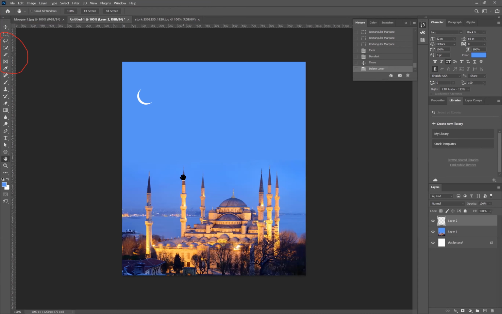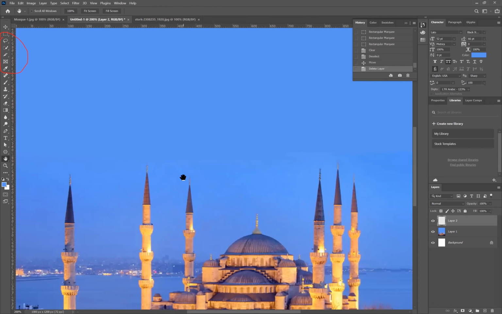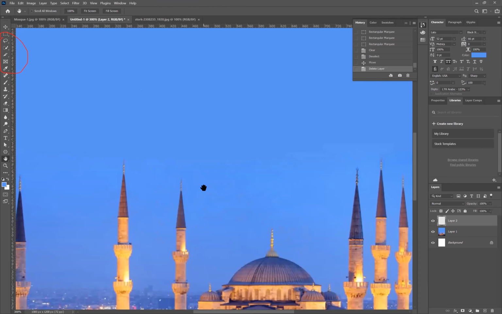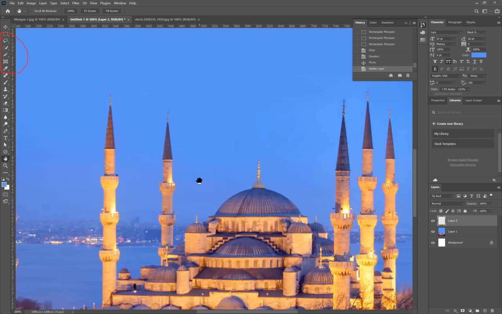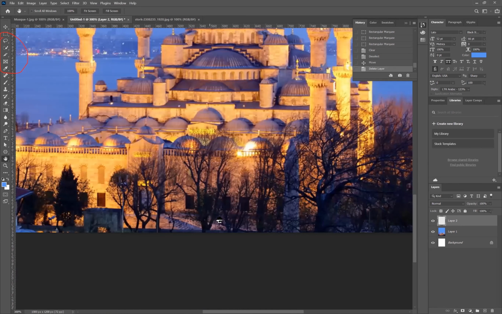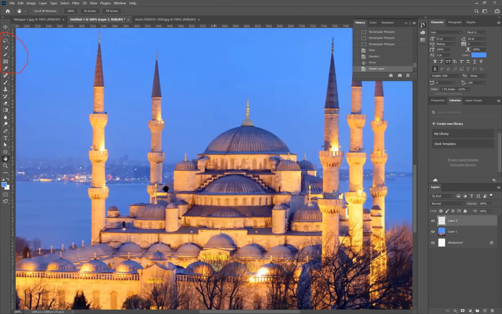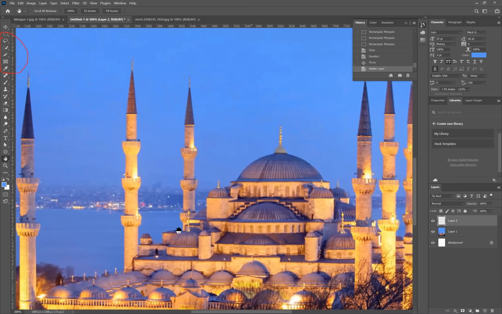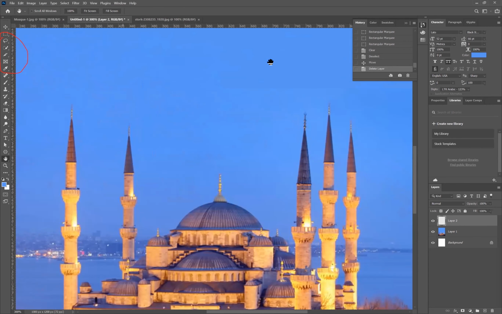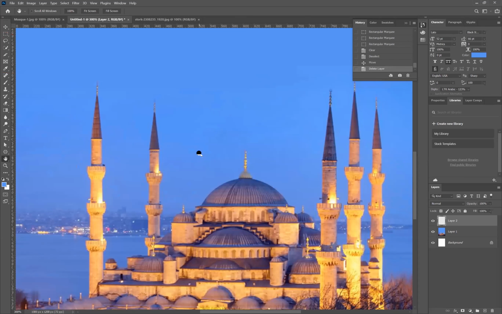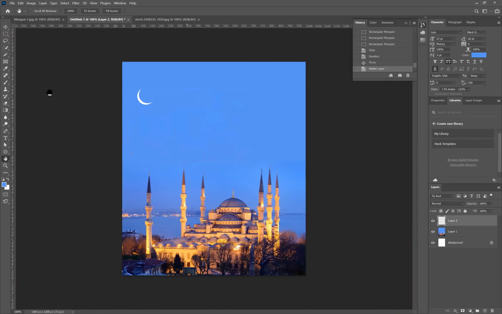Control plus. Very good. So now I want to see the bottom part of this picture. I have to use the hand sign. The hand sign will take you down and up, and you can move left and right. So wherever you want to focus on the document, you can do that. That is the use of the hand sign. So coming back to the quick selection tool, I will open one document.